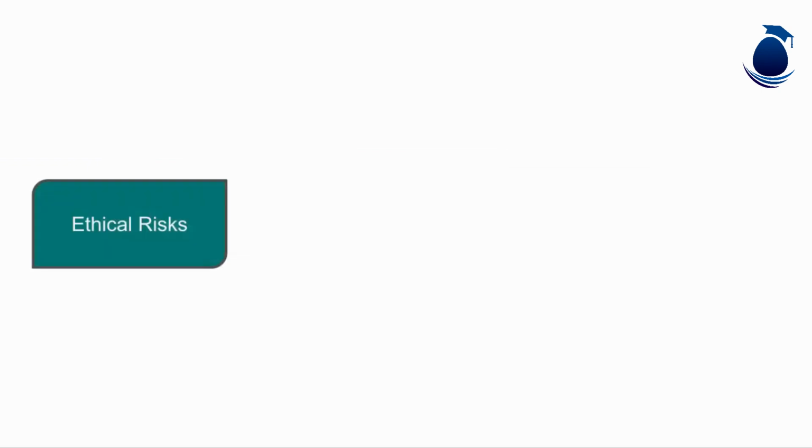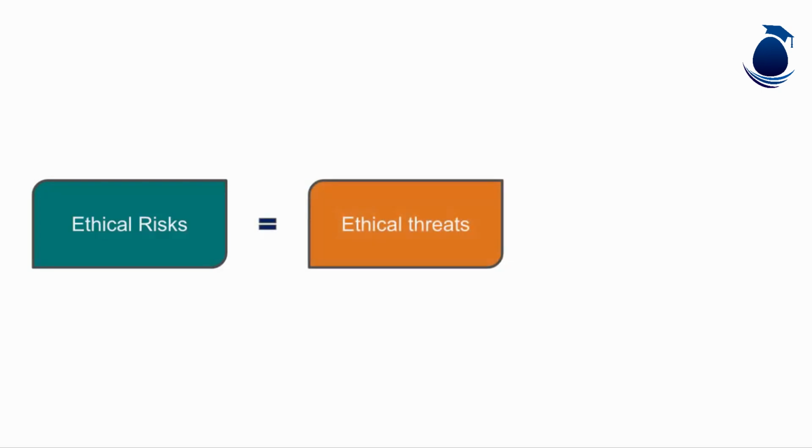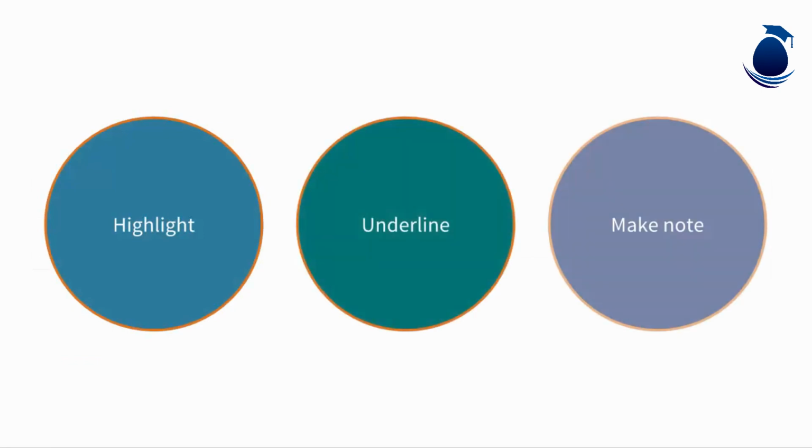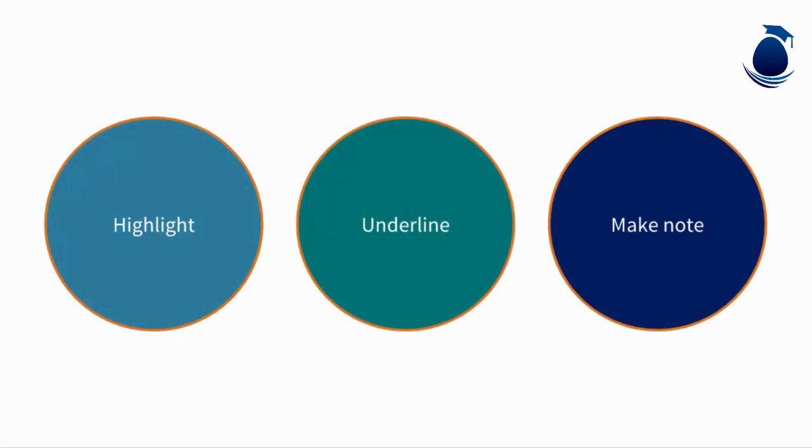Also note that this is an unusual ethics question. It is asked for ethical risks rather than ethical threats. This means that you can identify threats to independence and any other risks to not behaving ethically. The scenario is designed to help you highlight ethical problems that Salt&Pepper will face if they behave the way they propose to. As you analyze the scenario, highlight, underline, and make note of all the ethical problems that are mentioned